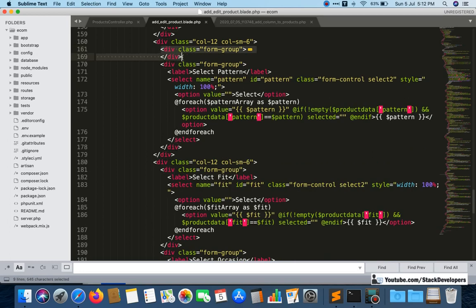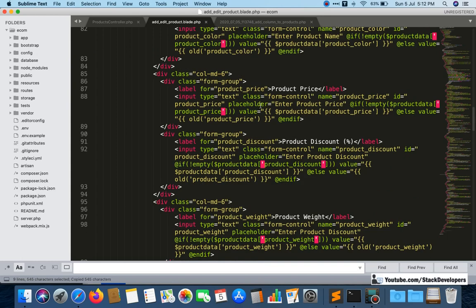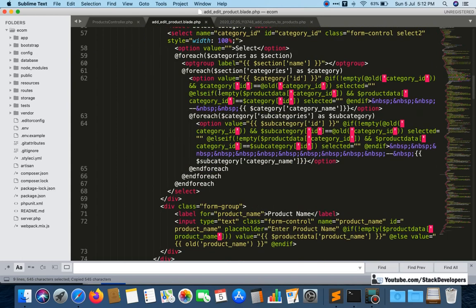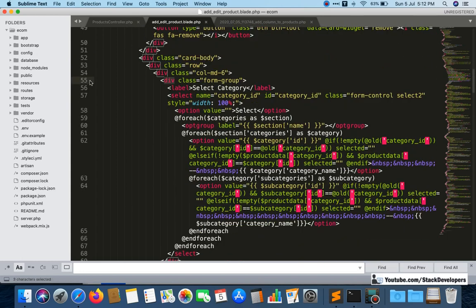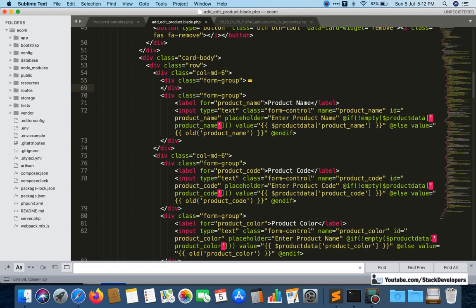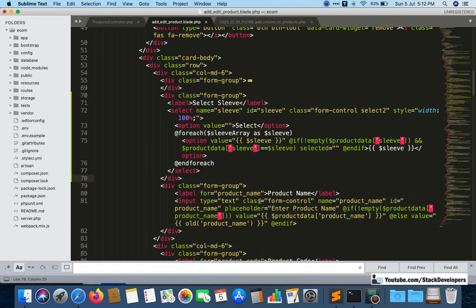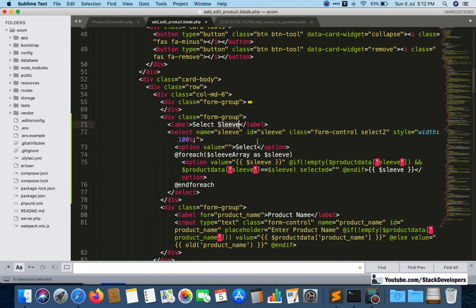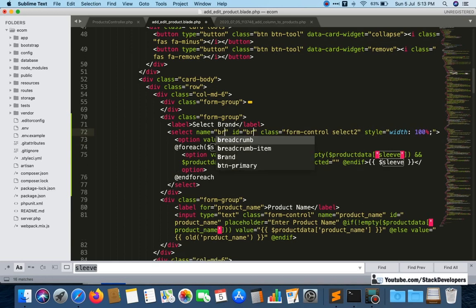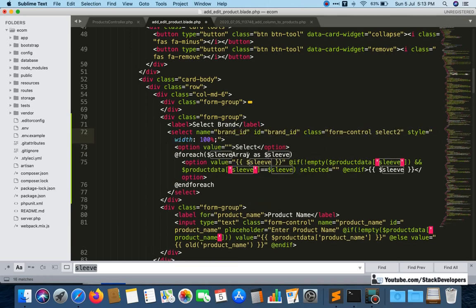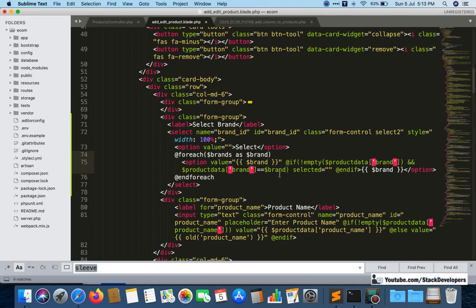I am going to add it here after select category. After that I will do some other formatting as well so that it will look fine. Now I'm going to add select brand here. Here it will be brand_id, and here it will be brands, and in place of sleeve we'll use brand like this.